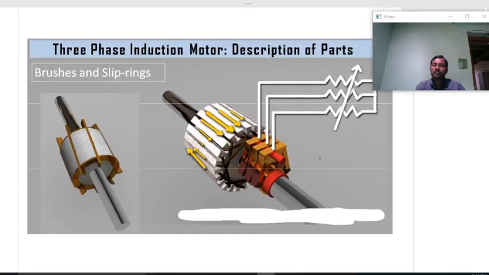And you can see the setup of placing the external resistance in the wire wound rotor. This is the external resistance we can place, and this is the variac. By varying the external resistance, we can control the torque of the wire wound induction motor. So these are the major differences and construction details of the three-phase induction motor.